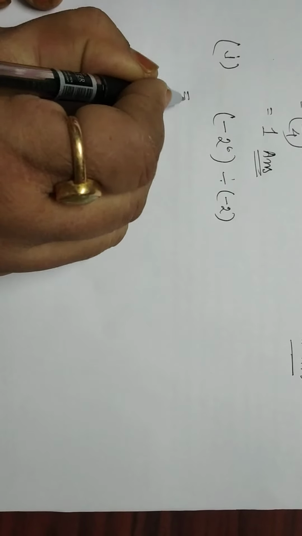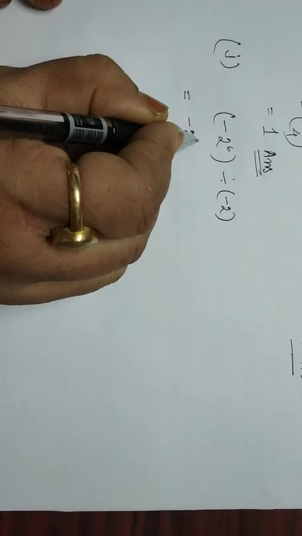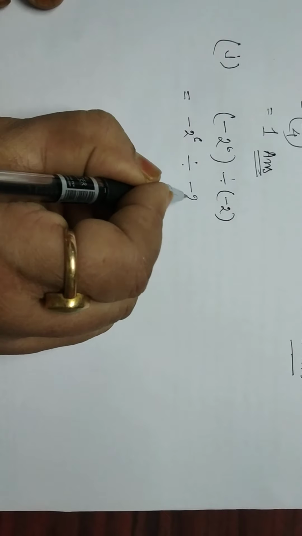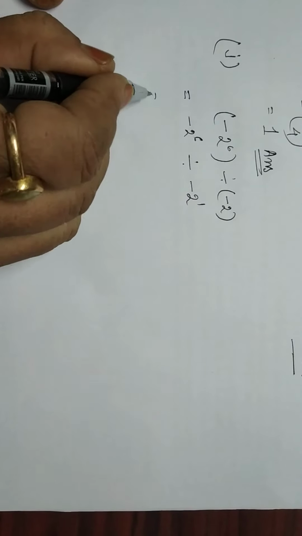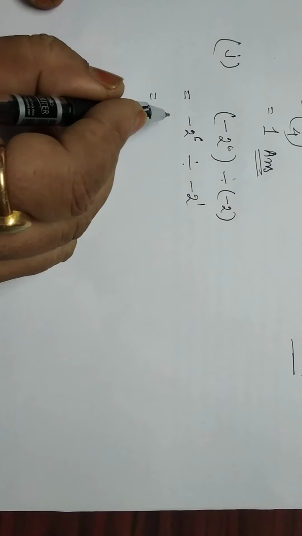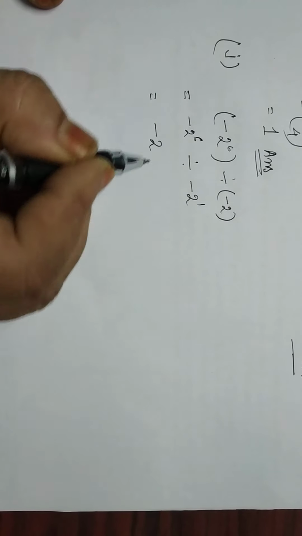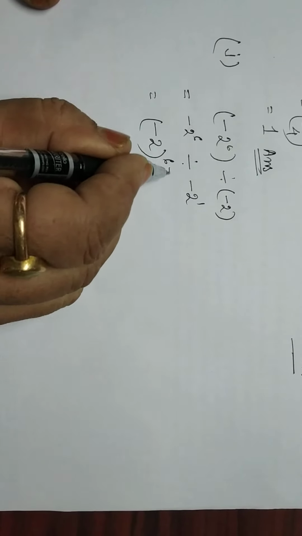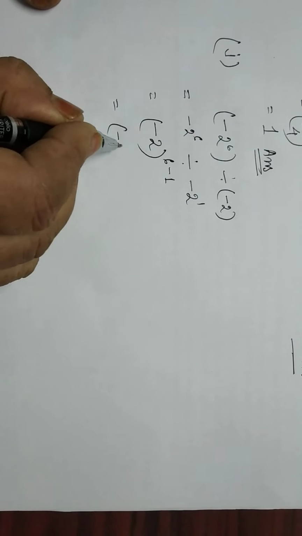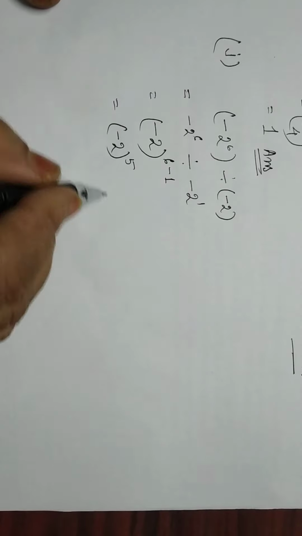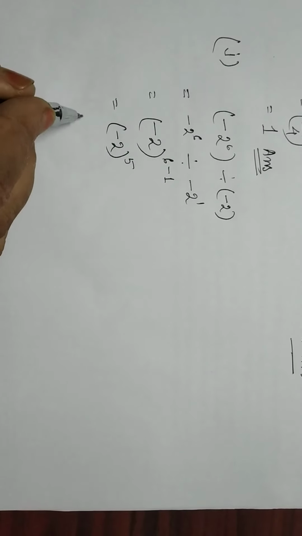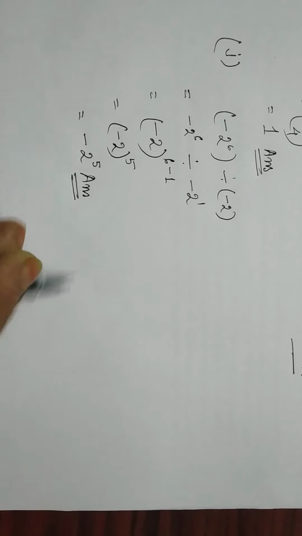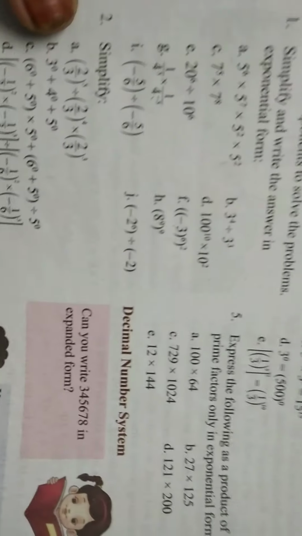This one we can write as minus 2 to the power 6 divided by minus 2 to the power 1. Now here the bases are the same, minus 2, that's why minus 2 we take, and the division sign is there, that's why we have to subtract the powers. 6 minus 1 is equal to 5, so minus 2 to the power 5. Here this one is an odd power, that's why we write minus 2 to the power 5. This is the answer. That means in exercise 5.2, we have done